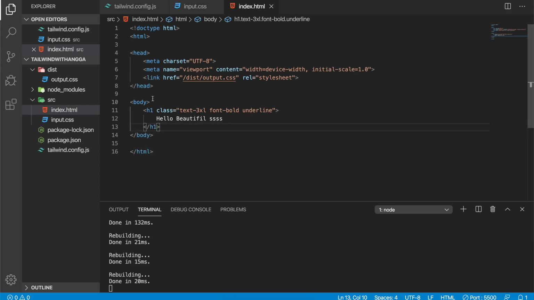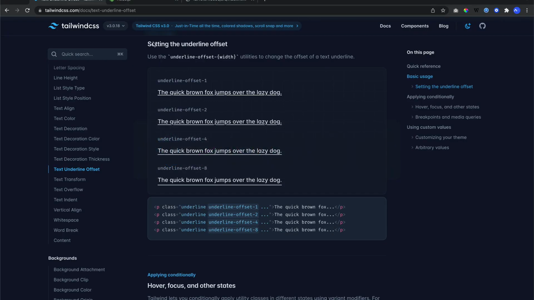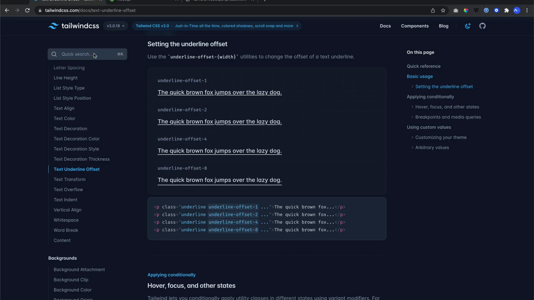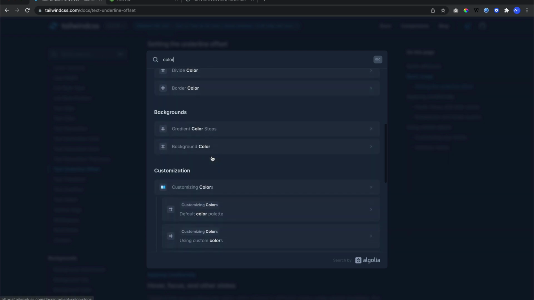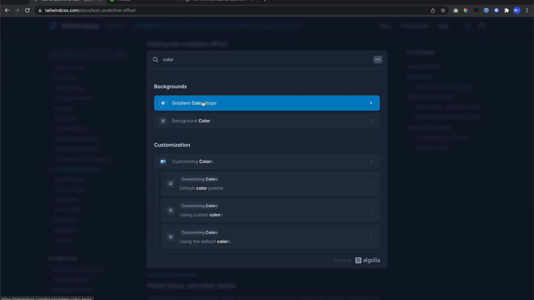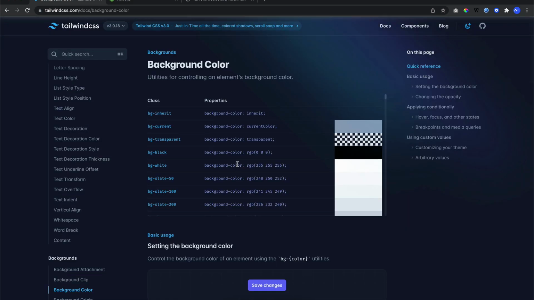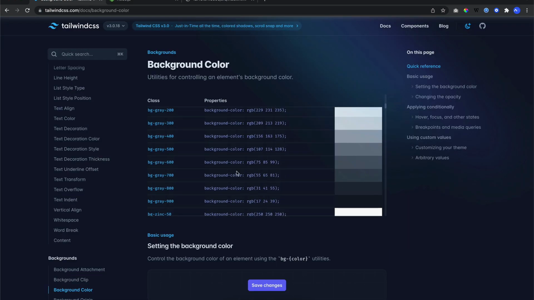Okay, we're gonna try to implement one of the classes. Maybe here we can give a class of background black. We just need to save, and this is gonna be black. If you need the color reference, just type color here. They will give you every single color that you're gonna need in this Tailwind project.